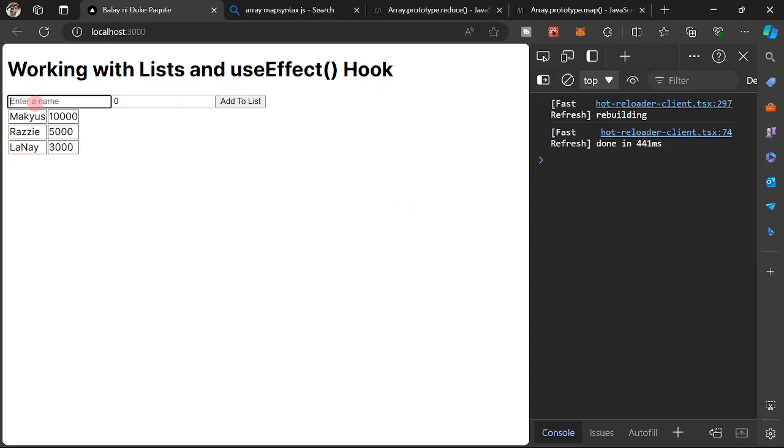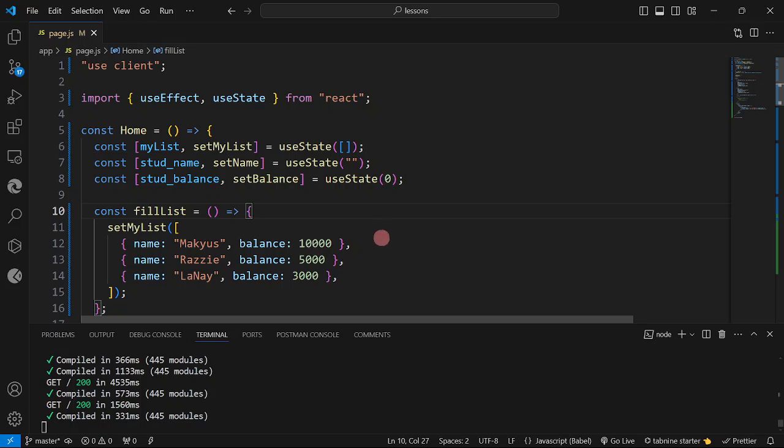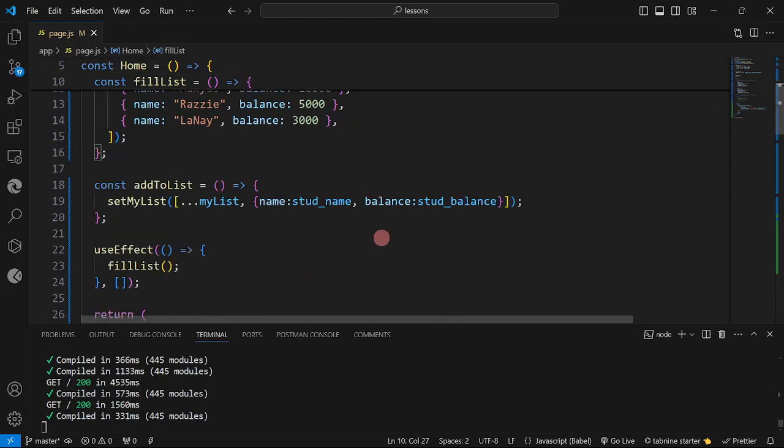Okay, so I'm going to have merchants, then 100, then add to list, so we have there now merchants. Okay, so we have Kulas 1000, add to list, then we have, okay. Last is we are going to have